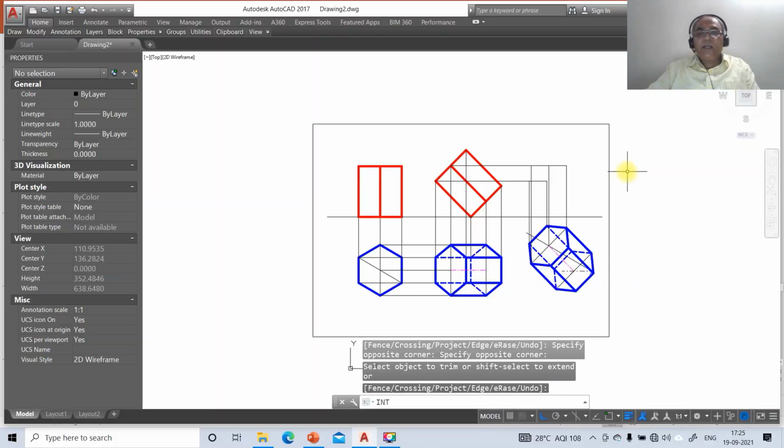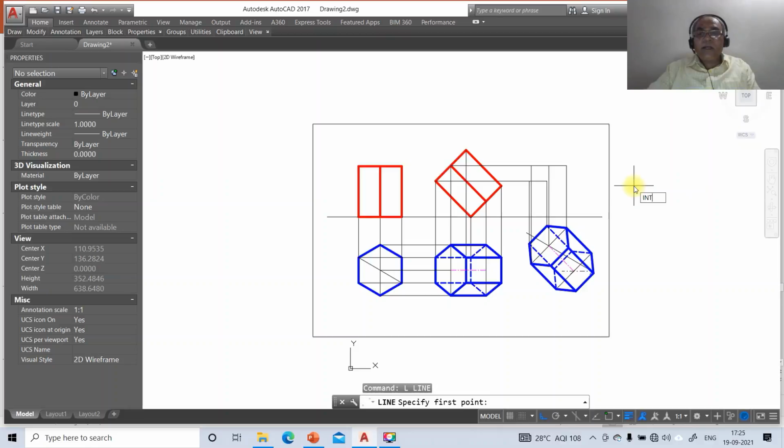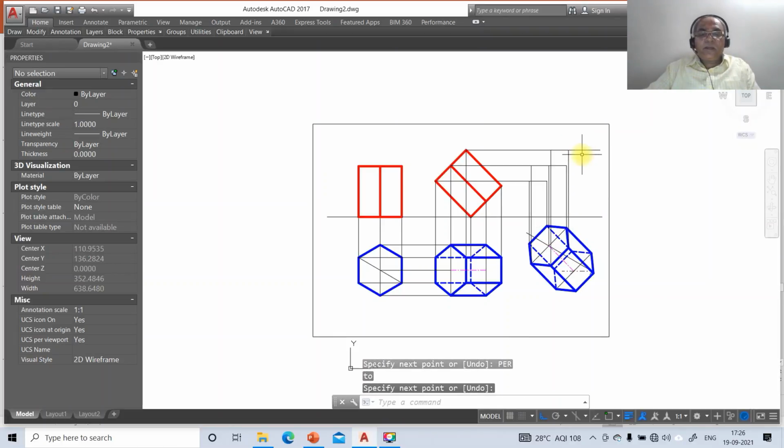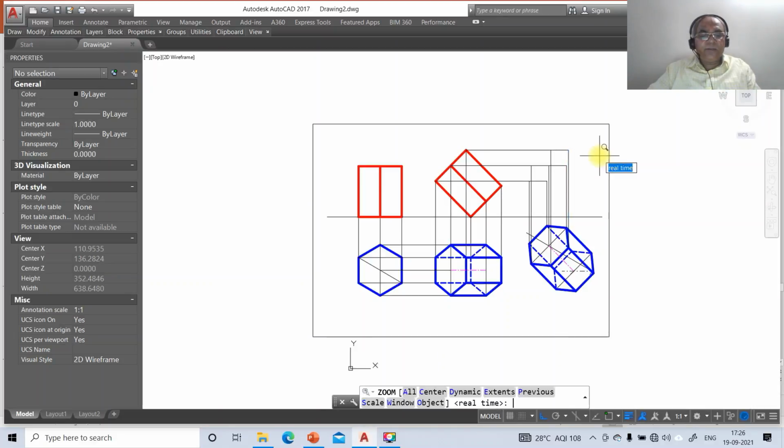Similarly then go to line, take int, then go to line, take int of this, then go to line, take int of this, draw perpendicular to this line, then go to line, take int of this and draw perpendicular to this line, then go to trim, select these two as the cutting edges and object to trim as this.